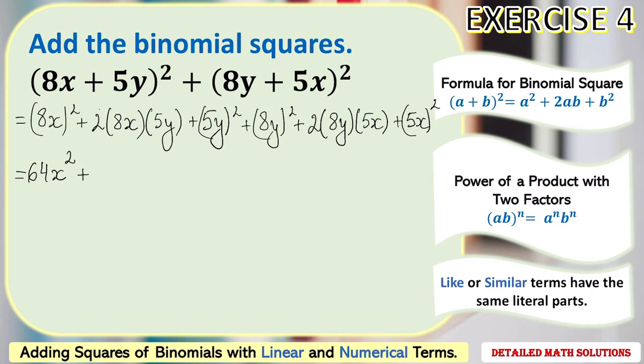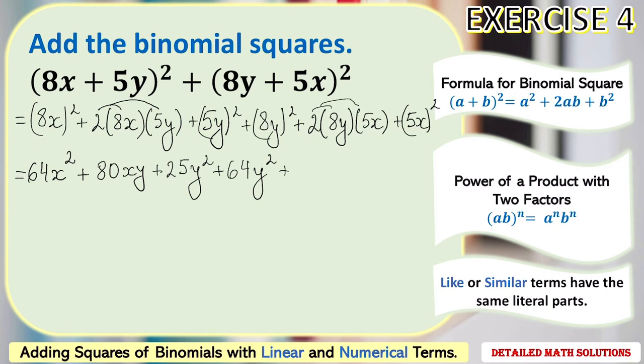In the next term, 2 times 8 times 5 equals 80, and then we have xy, plus 5y in parentheses squared is 5 squared y squared, or 25y squared, plus 8y in parentheses squared is 8 squared y squared, or 64y squared, plus, again we have 2 times 8 times